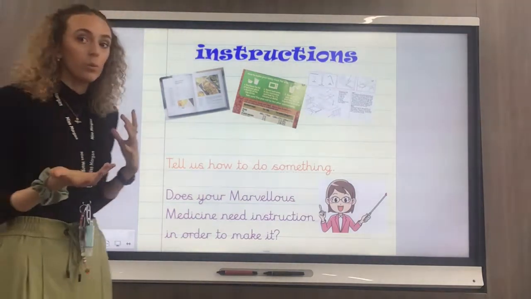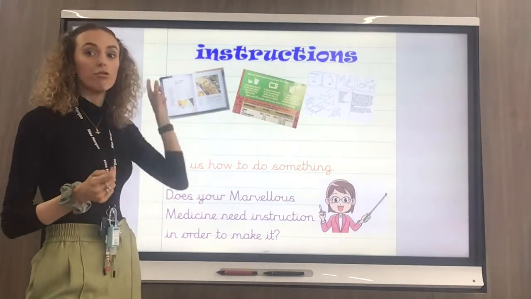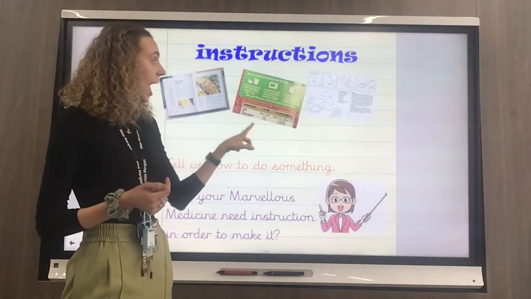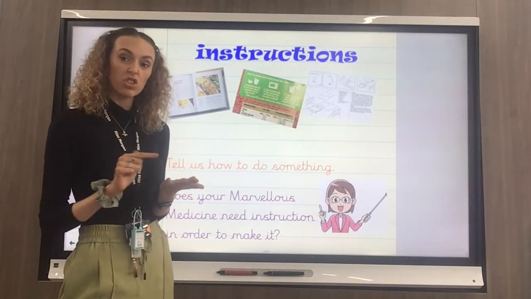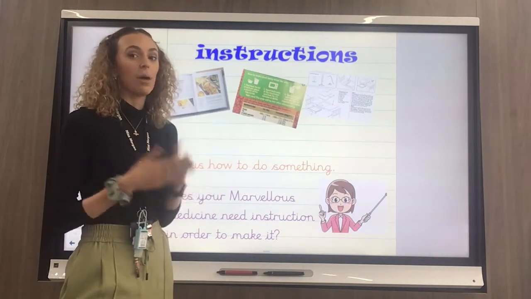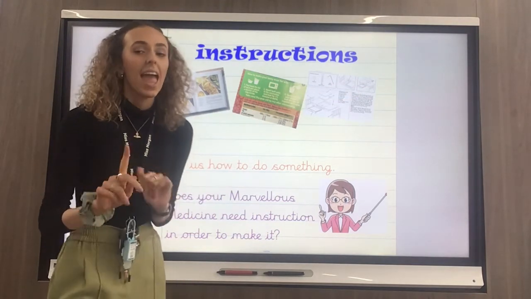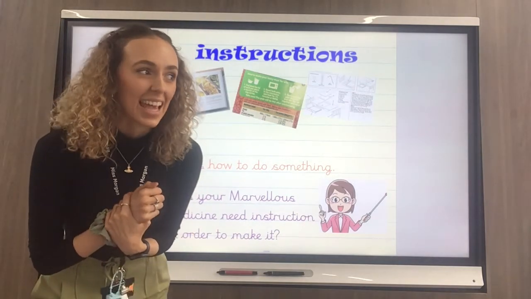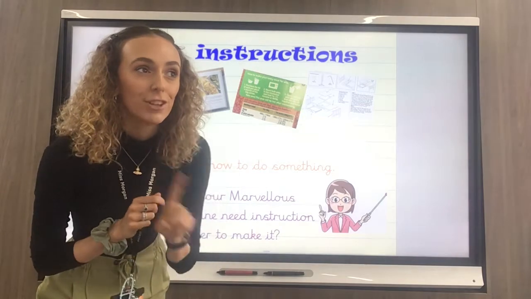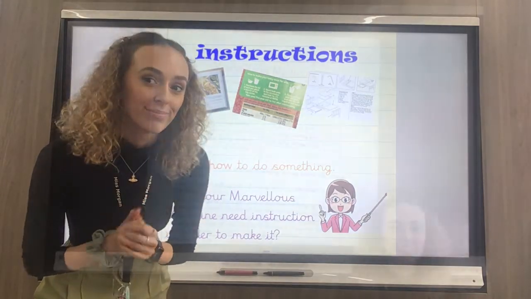Okay, so at home we have something called a recipe book where it tells us how to make food. You may have a microwave meal that gives you instructions on the back of how to heat it up, or we have instructions on how to build things like tables. Hit pause on the video now and see if you can find some instructions in your house. You might have a lot on some food.